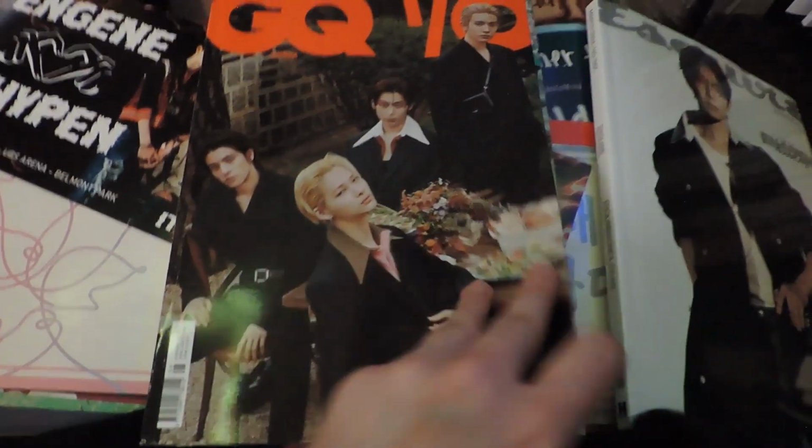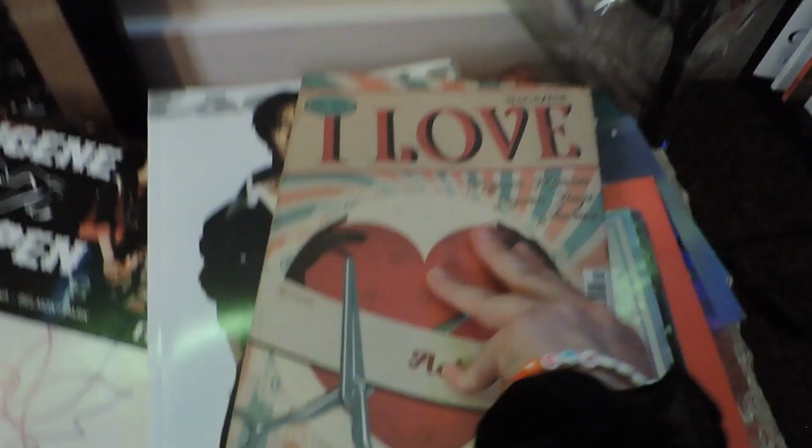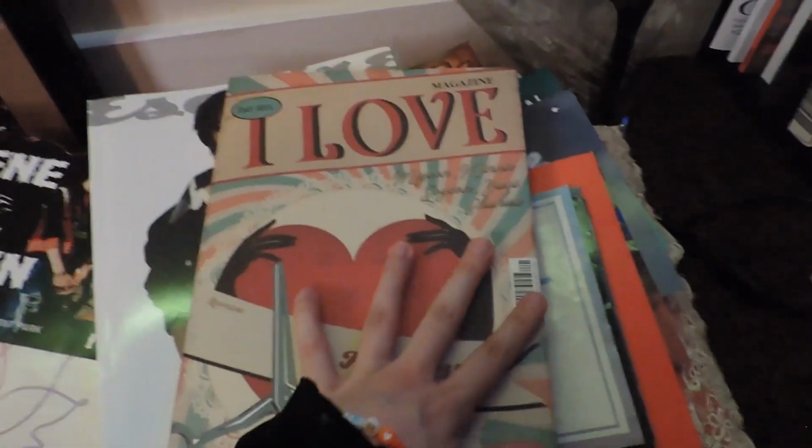and then my ENHYPEN magazines. Also has J-Hope in it, which was really funny. So there's those. We got Indigo by RM. Idol. I really loved the kind of burlesque, old-fashioned look of this one. So that's why I had to have this version. And then